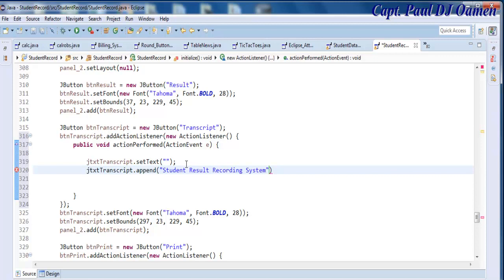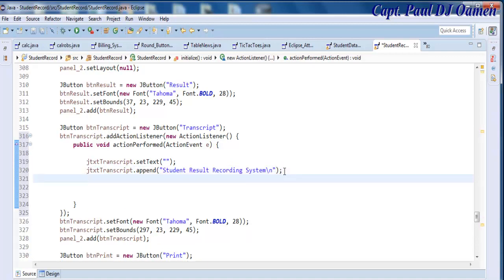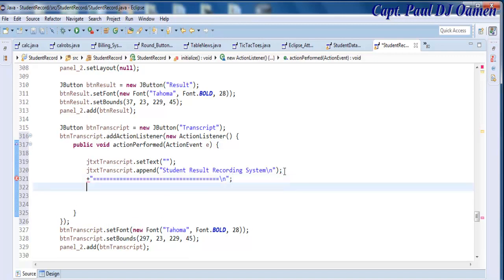There, and I'm going to enter \n, which means new line. Okay, let's say plus, and let's just enter a line there. Okay, let's hope that line is not too long. New line there, plus,